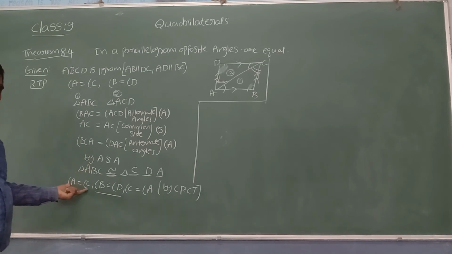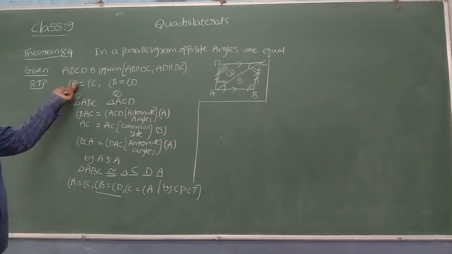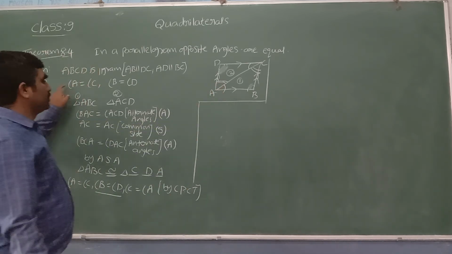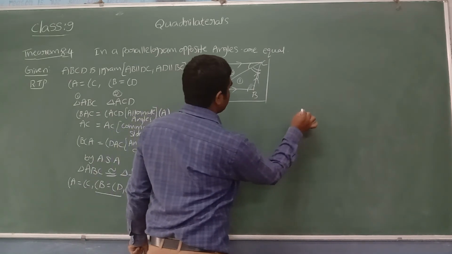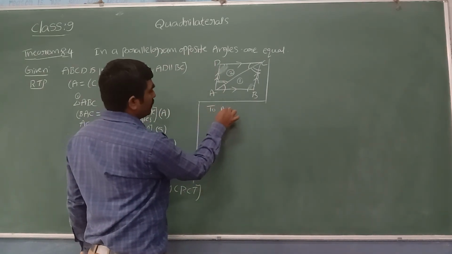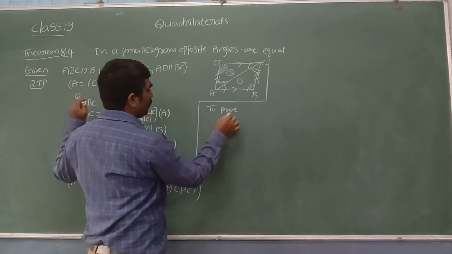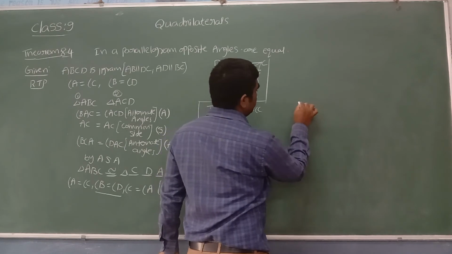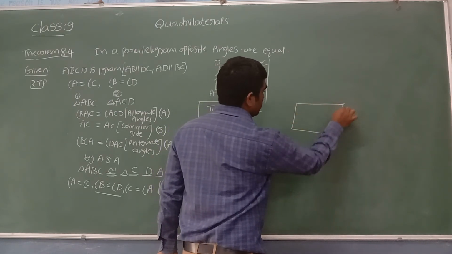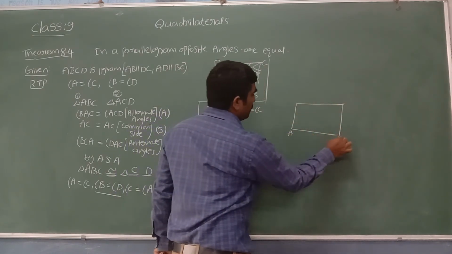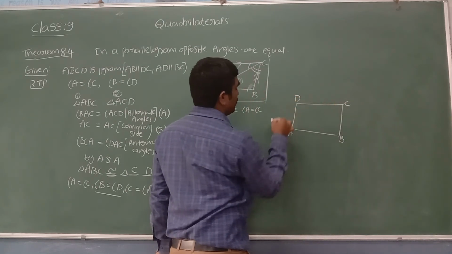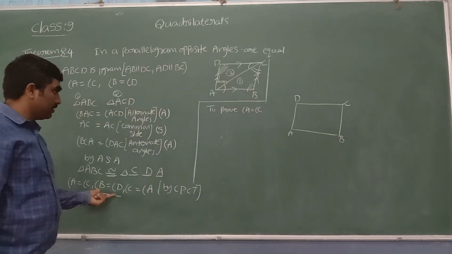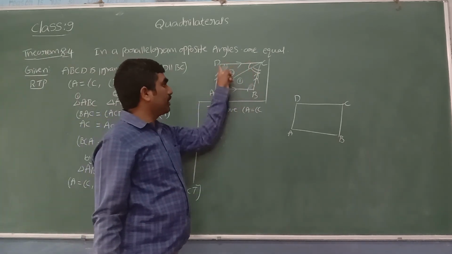Angle A is the whole complete angle here, while this represents only this part, the first triangle. So we'll take the same parallelogram. I'm doing this to prove angle A equal to angle C, which means taking the other diagonal. Let us take the same figure and label it A, B, C, D. Now by taking the AC diagonal, I got D equal to B. Now to get A equal to C, we'll draw the DB diagonal.